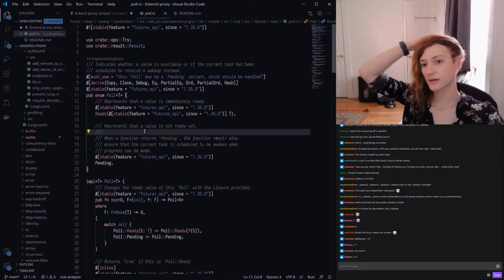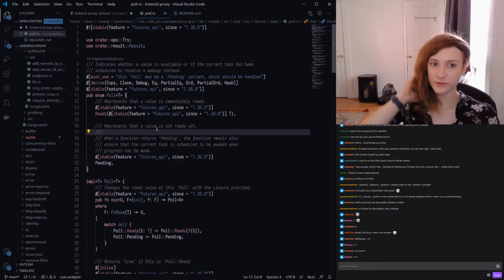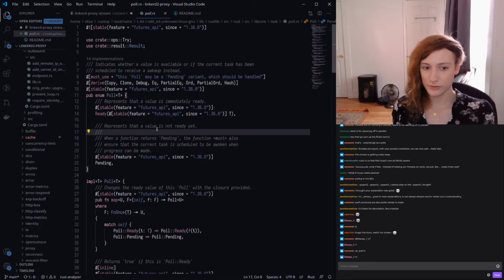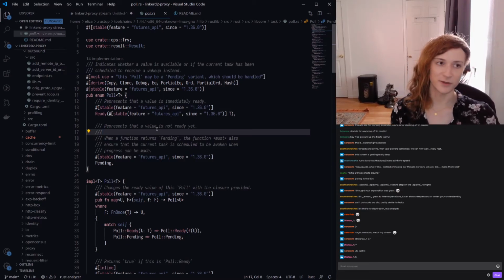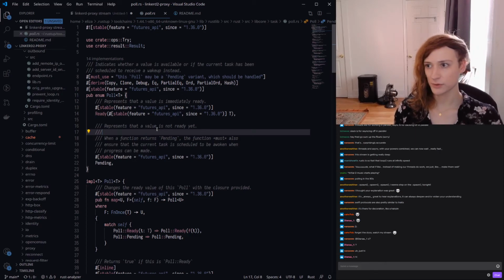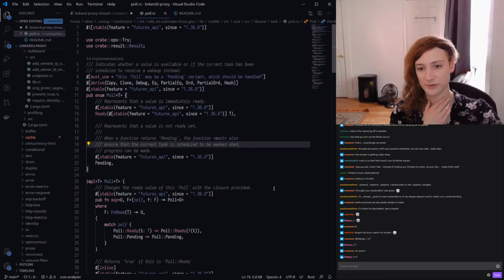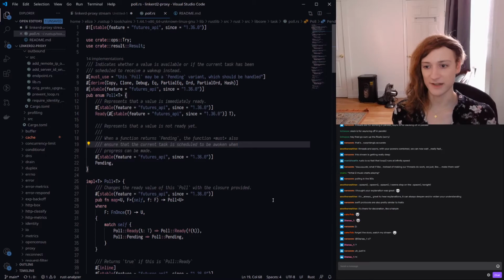Here, in this user space model, we can't do that, because all of this is happening in user space, and we're abstracting over threads that we have spawned that the OS manages. We're not abstracting over cores that we can't touch, that only the OS knows about. So here we are responsible for making sure that we get woken up again. How do we do that?